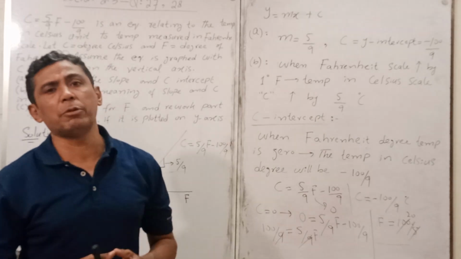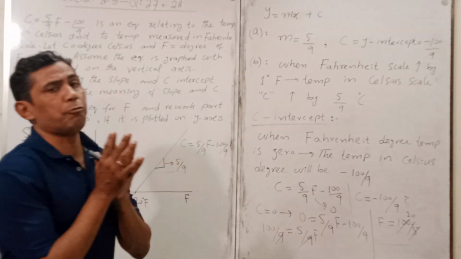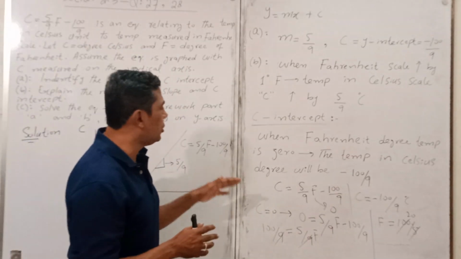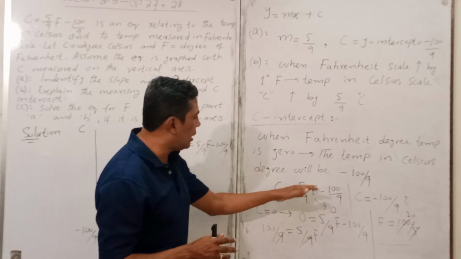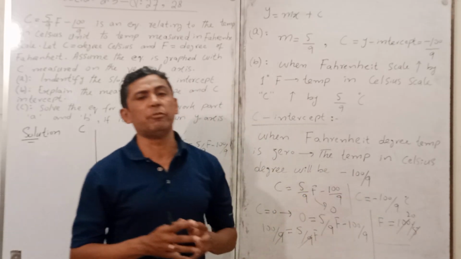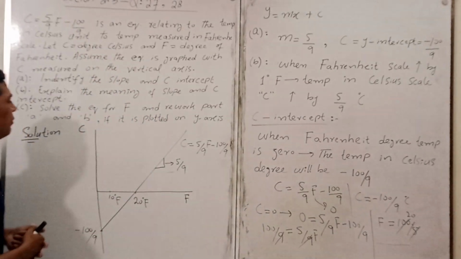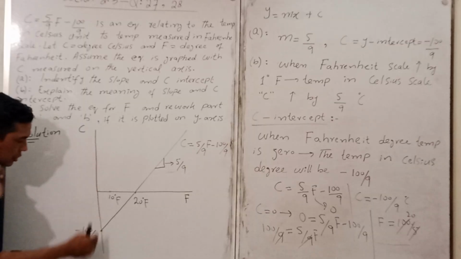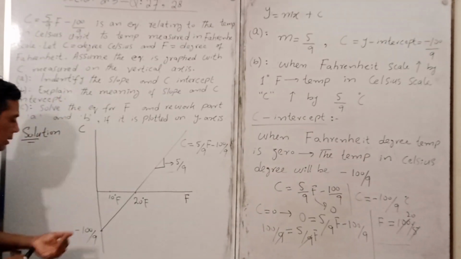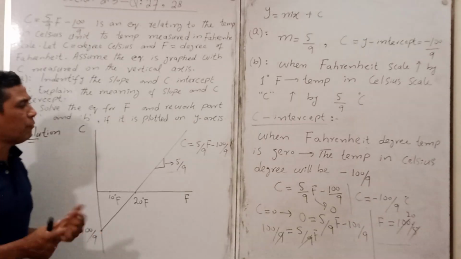For the C intercept, we have to plug in the value of 1, that is, for Fahrenheit, you have to put 0 here. We substitute 0 value of F here and find the value of C. The value of C is the negative intercept. We got the negative intercept value, and we know that for the negative intercept value you have to move in this direction, the negative quadrant of the C. So we mark the negative value of the intercept roughly here.